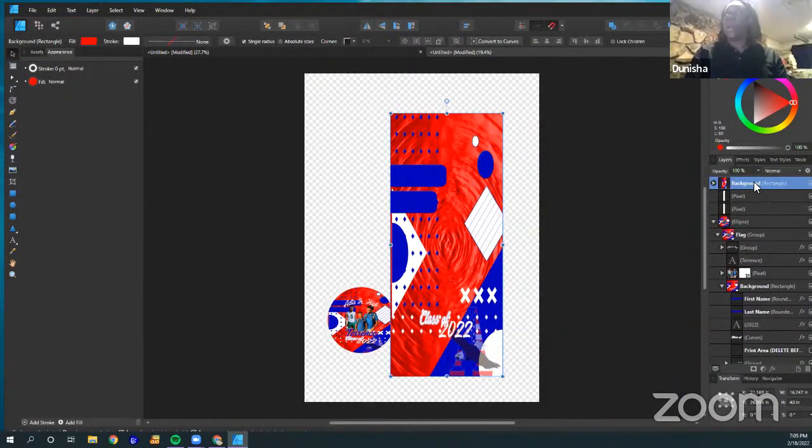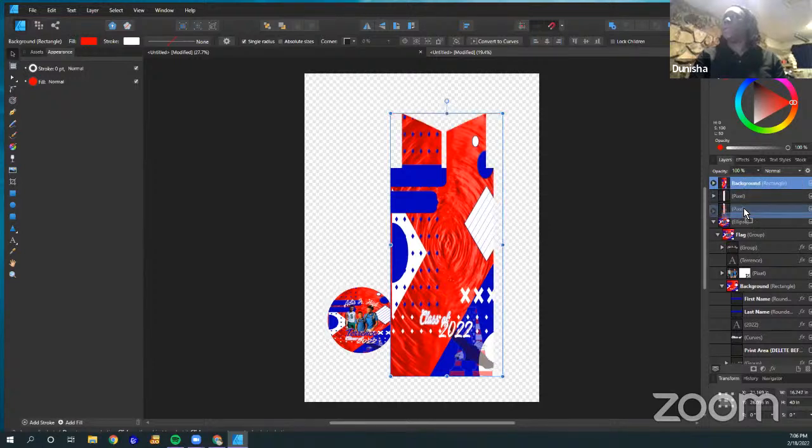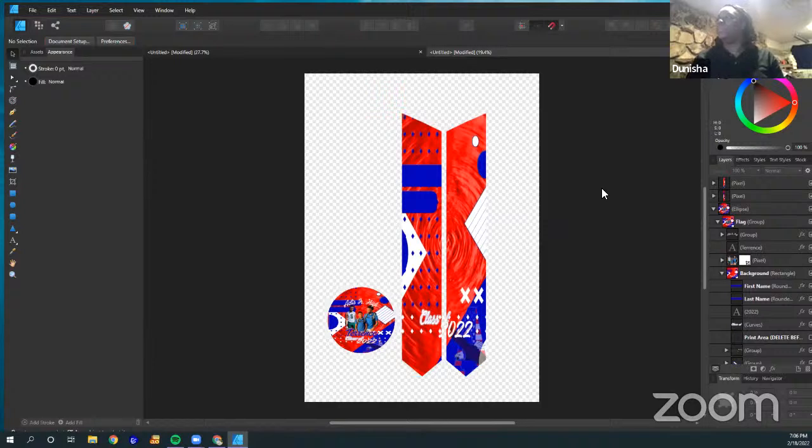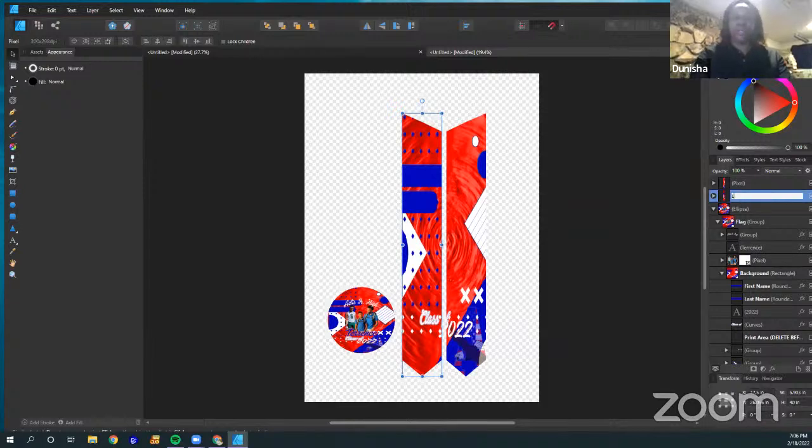So I'm gonna make 2 copies of the background because I'm gonna leave them lined up right on top of each other. I'm gonna drop one into the first side and I'm gonna drop the second one into the second side. Boom, my background is already filled. There it is. So as you can see, let me just label these. This is the left side, just so I know where I'm working. And this is the right.